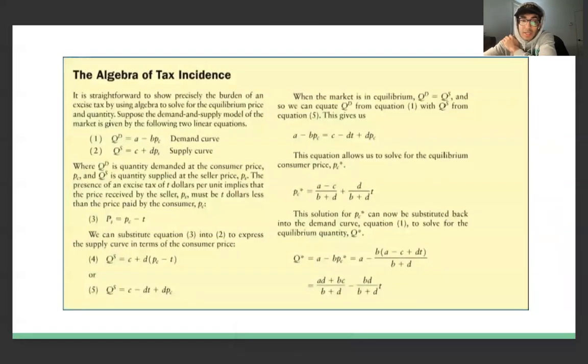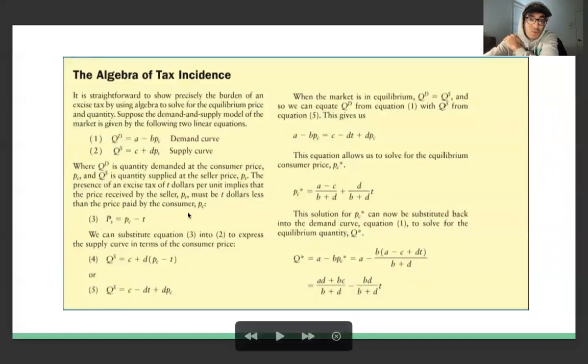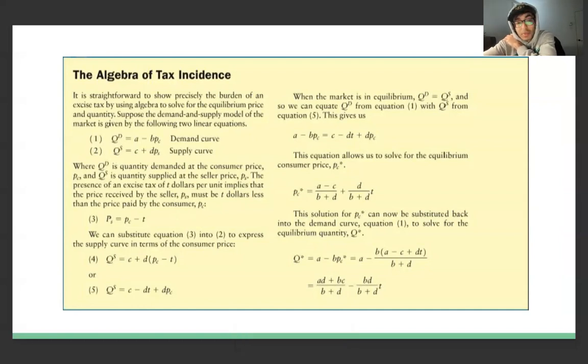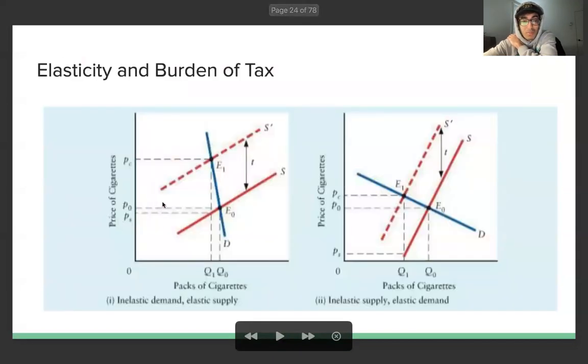Okay, and this is just from the textbook. This might be helpful for a few questions on the final. What you would be given would be the quantity demand and the quantity supply equations, and then the amount of the tax, T. And then you would be asked to compute the burdens for the producer and the consumer. And the way that works is, you have these two equations, and equation 3 basically comes from here. So